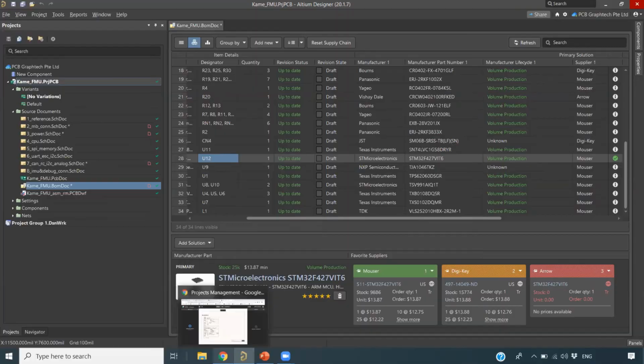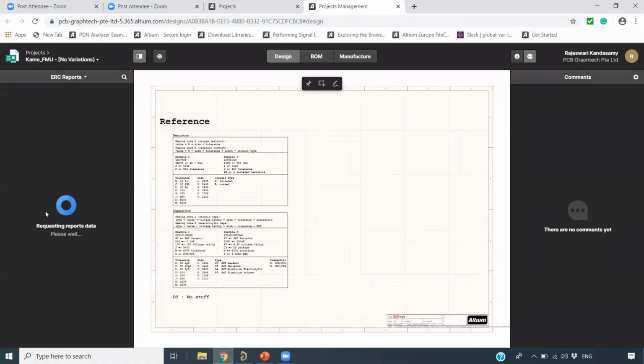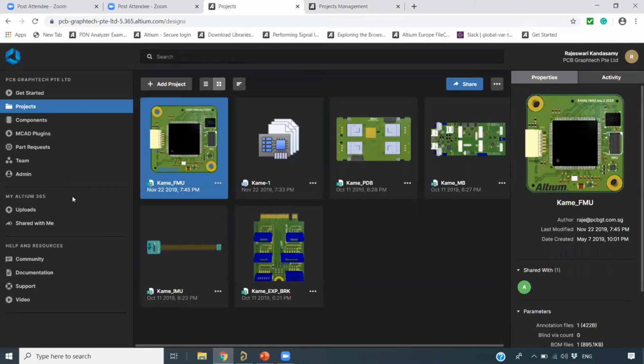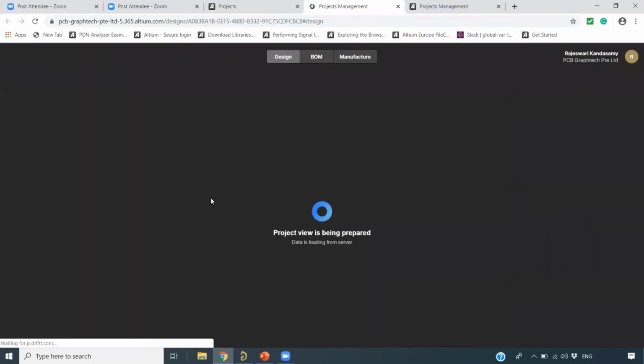Okay, so now we'll go to the browser. Oh, still it is loading here. Let me try again. I'm trying again to open the file.